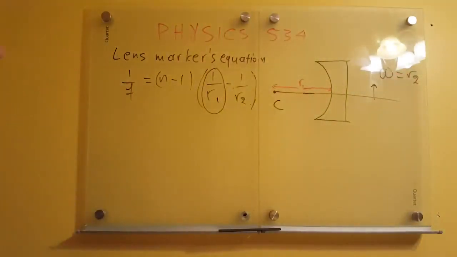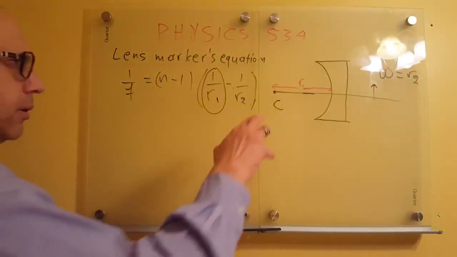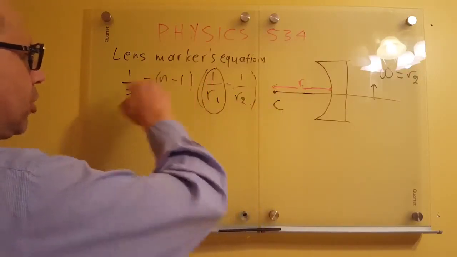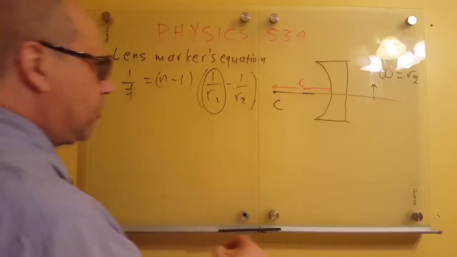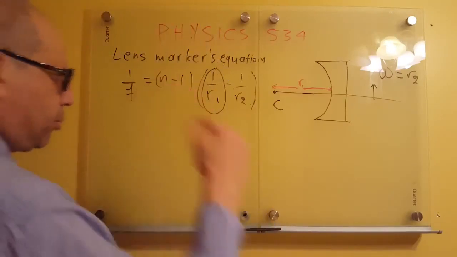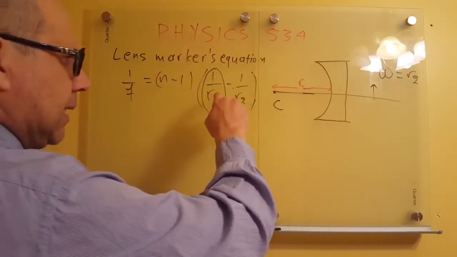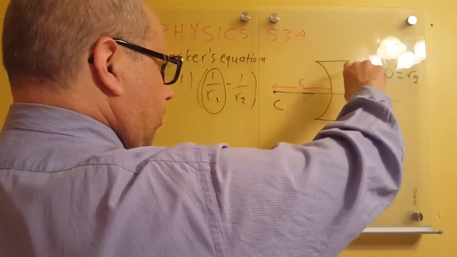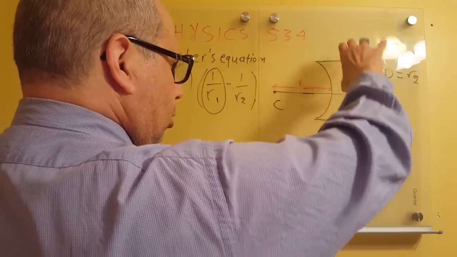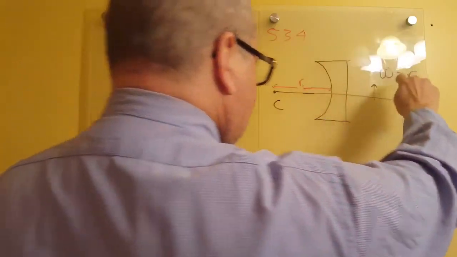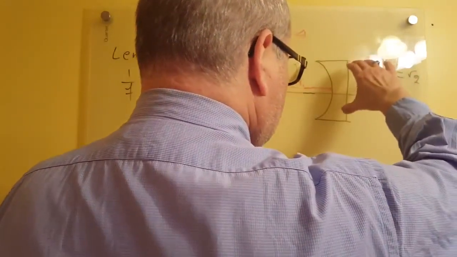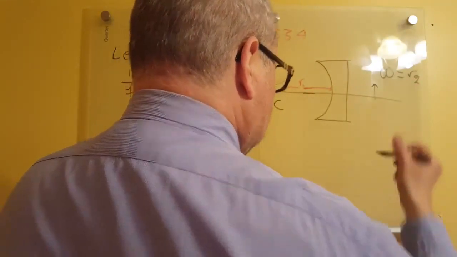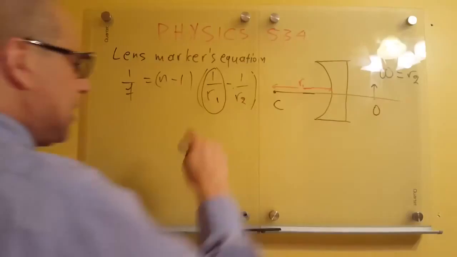So now again you have to check how much this here is, if it's positive or if it's negative. Again, this here is positive. Now we said that here it's always the radius of curvature of the part of the lens which is closer to the object. So we said that this here is the object. So that means that